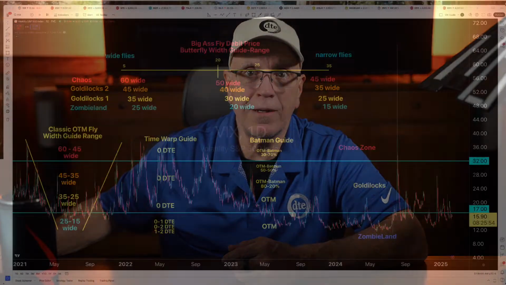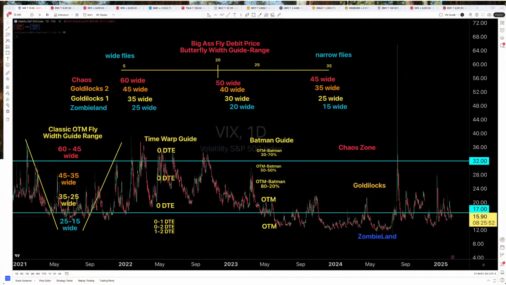But before we get to that and our general orientation to the CPI data and Powell, let's take a look at our market situation so we can figure out how wide we're going to be, what our directional bias is, and where our market structure is. All right, and so we'll do that by going to the charts. Here we go.